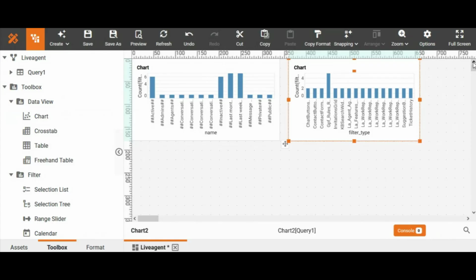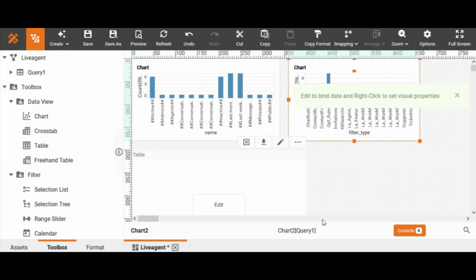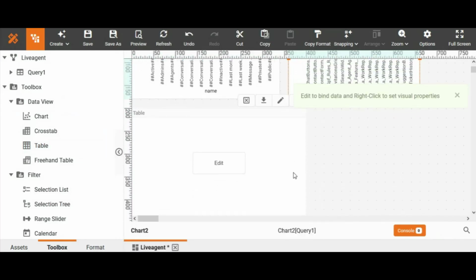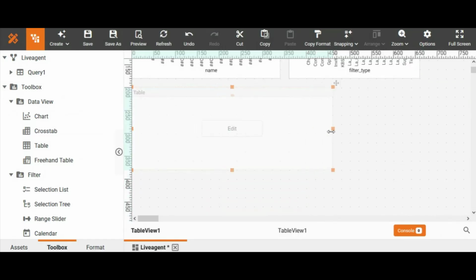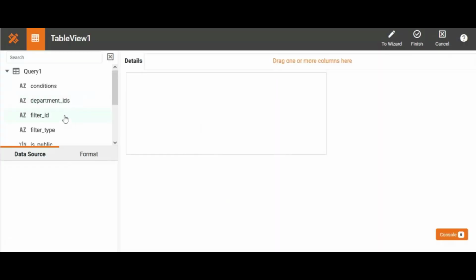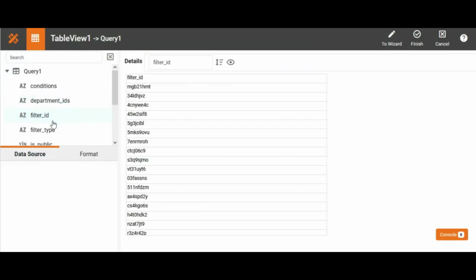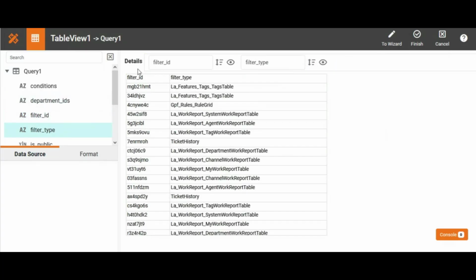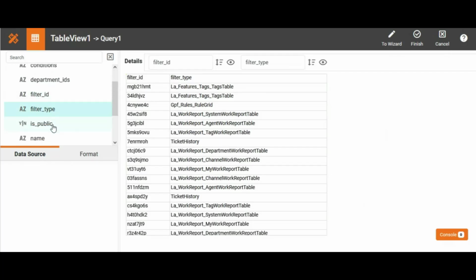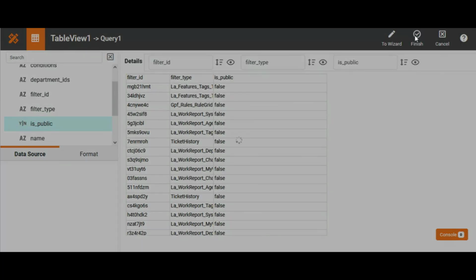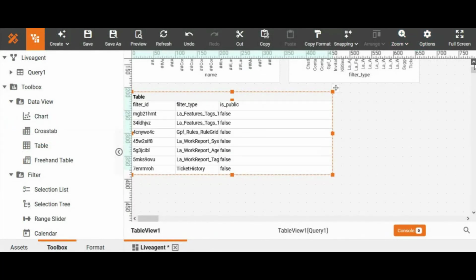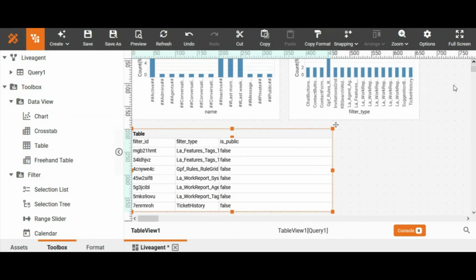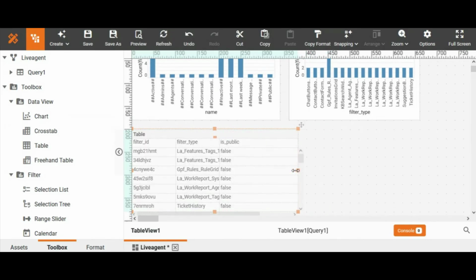name. And I think next I would like a table that shows some detail row data. So I'm going to drag out a table underneath my charts. I'm going to resize it a little bit. Click edit. Going to drag out filter ID as a column. Going to drag out filter type as a column. And I'm going to drag out the column is public. Click finish. And now I have two charts that display aggregates, and I also have a table that displays detailed